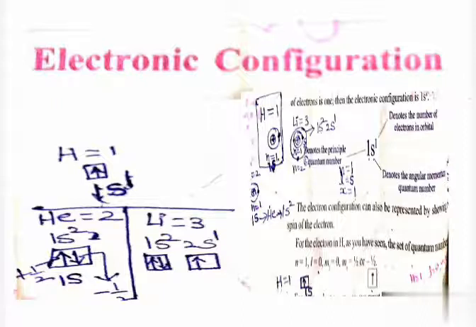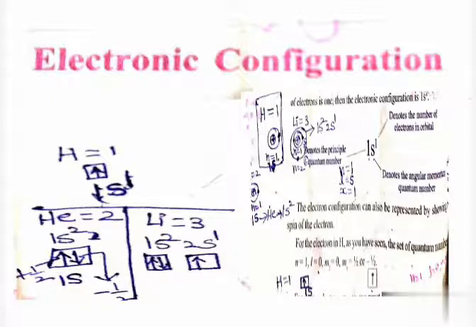Now we will write the information related to the second shell. In the N is equal to 2 shell, 1 electron is there. We have to write information about that also. N value is 2, the second shell. L value, what is the subshell name? S. And X means number of electrons. How many electrons are there? 1 electron is there. Like that we can write. So lithium electronic configuration is 1s2 2s1. Like that we can write the electronic configuration.